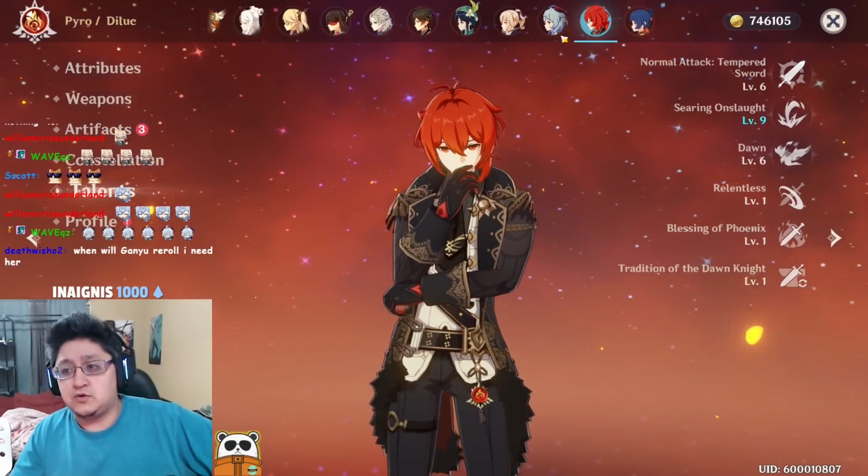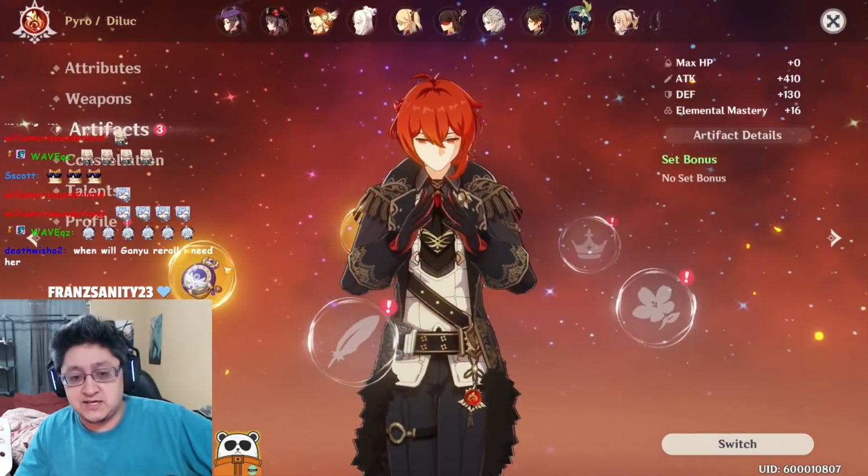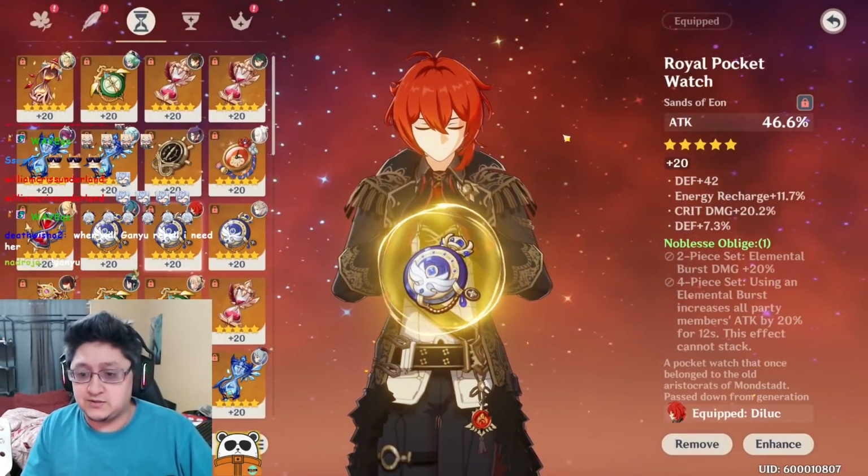Next up, we got Diluc. Not building him, not using him right now. Use him every so often, but when I do, he uses the same artifacts as my Hu Tao, just with the sands that's a little bit different, usually with this Royal Pocket Watch or something else that I'll just flip over